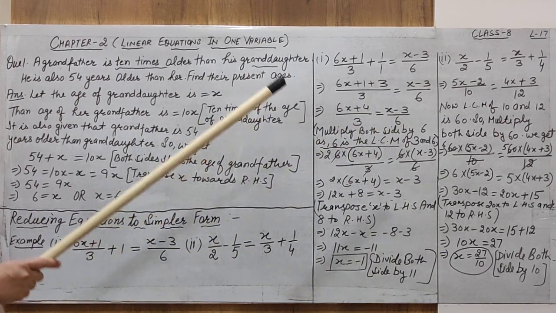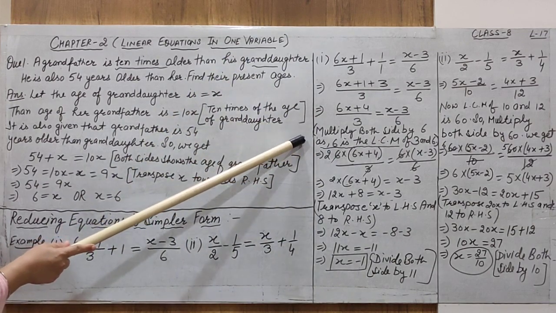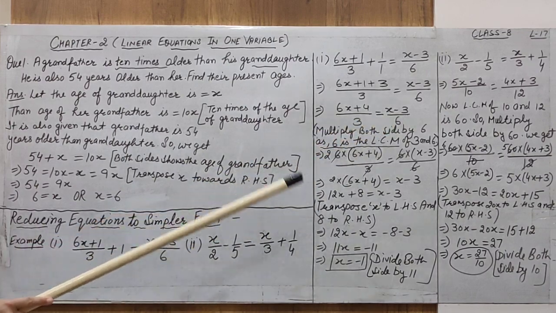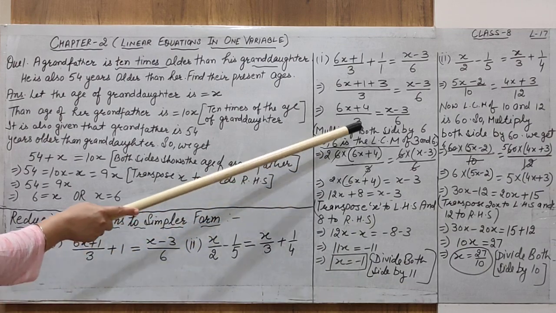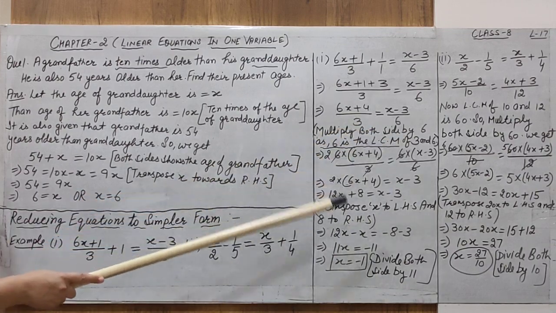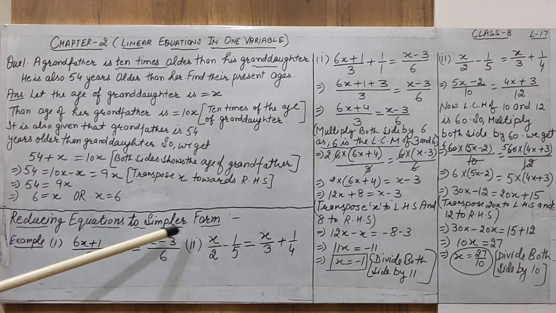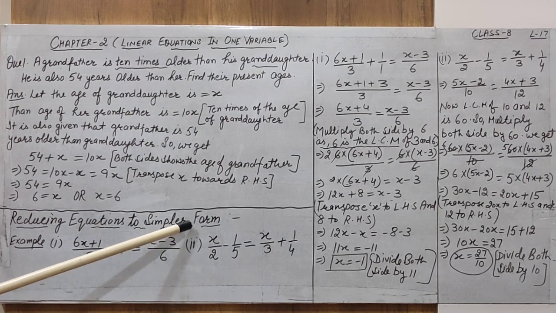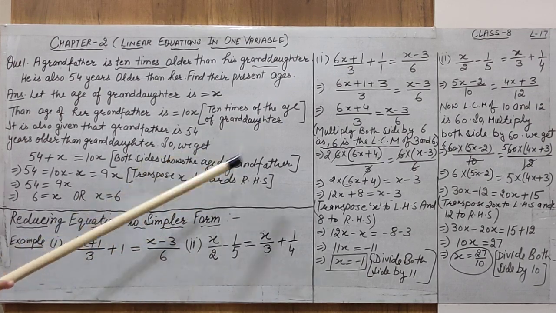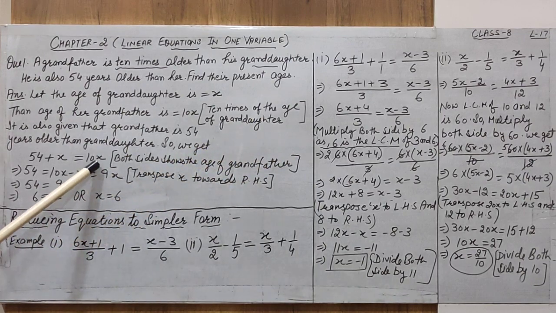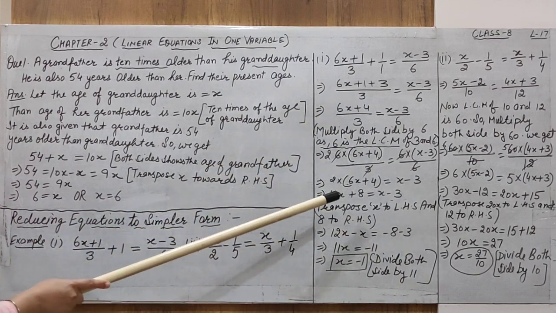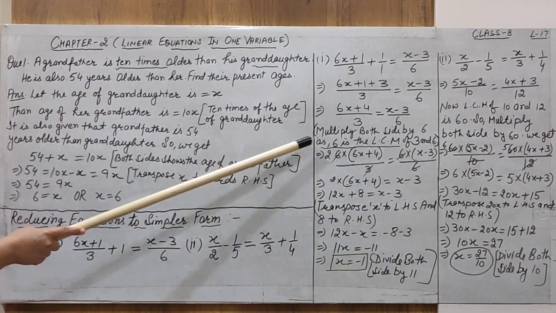Now next step you have to follow. Multiply both sides by 6. Next step is used to remove the denominator from both the sides. Alright, we have to remove these denominators from both the sides so that we can change this equation into simpler form. This is actually the simpler form when there is no denominator. Like this kind of equation. So we don't want any denominator. So how we can remove the denominator? Only this is the process we have to use.